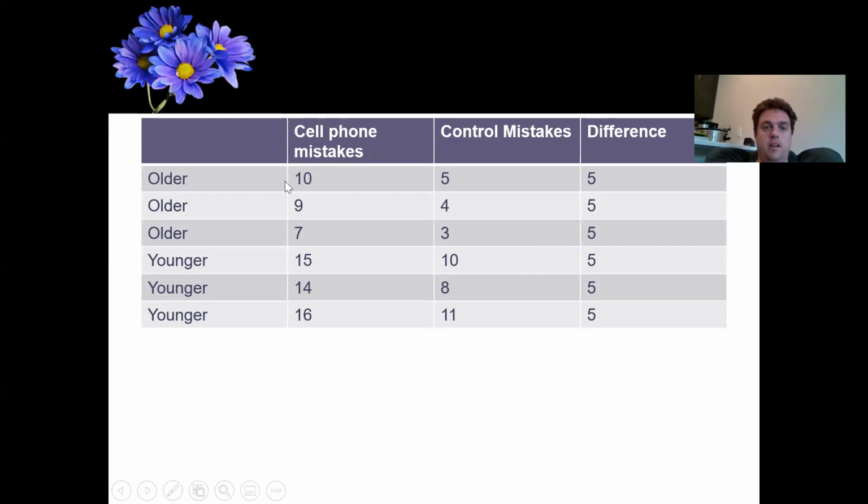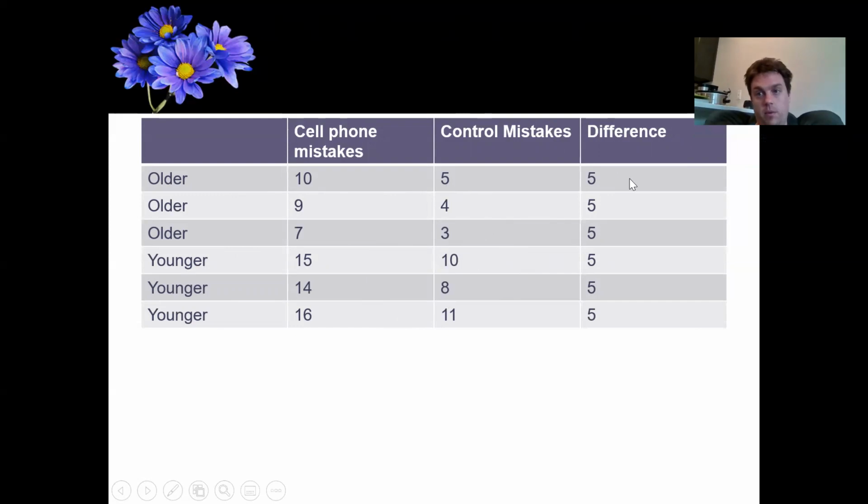Might not matter because whether they're older or younger, yes, it's affecting their overall mistakes, whether they have a cell phone or not, but the difference is still the same, right? So whatever their baseline mistakes is without a cell phone, it doesn't really change the main claim of, oh, you're going to make this many more mistakes with a cell phone than without a cell phone, because that's the same. The difference is the same. That's what we mean when we're looking at a comparison, we might not care so much about the sample being representative. Because if I were to only look at younger adults, the difference is still the same as if it was older adults.